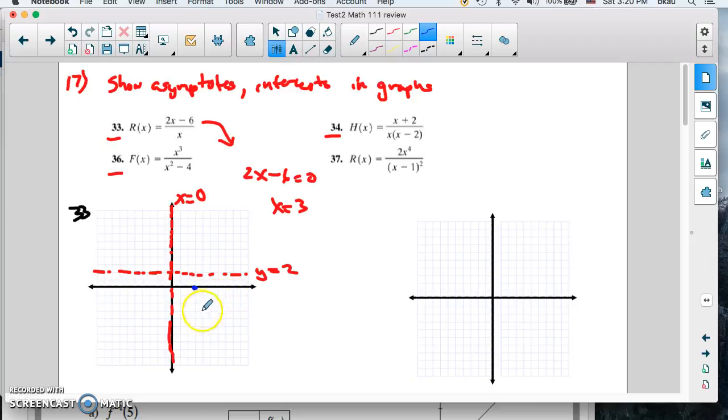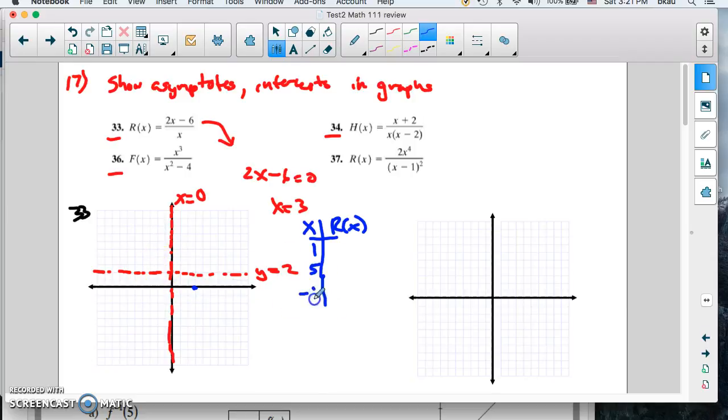Okay, and then what we would do is we plug in a couple more values. I'm sure that this is going to go this way up to the asymptote. We would try a couple more values in there, and since this is an odd function, I'm guessing that this is going to happen the same over here in this quadrant. Alright, so let's plug in a couple more values here for x and r of x and see what we get. We know what 3 is. Let's try 1 and 5 on that side,